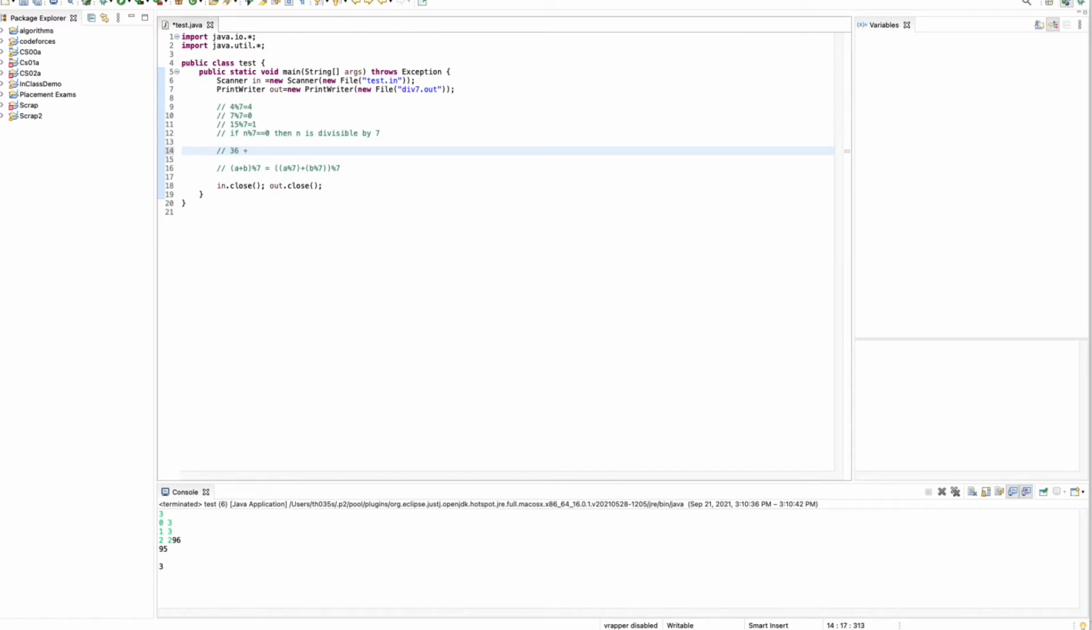As an example, let's say that I have 36 plus 34, and I do this mod 7. We know 36 plus 34 would be 70, and 70 mod 7 is 0. But we could have also done 36 mod 7 first, and then plus 34 mod 7, which would be equal to